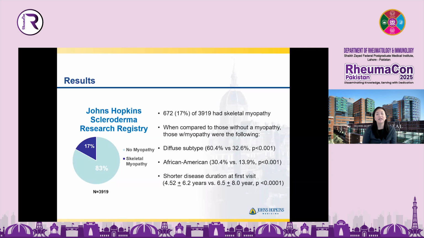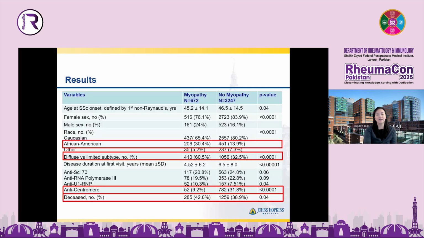at first visit. I do want to say, I think we do have a high number of patients who are African-American in Baltimore, Maryland, and so we probably have a little bit of a bias here. And this is just highlighting what I already told you in a table format. But I do want to highlight again,